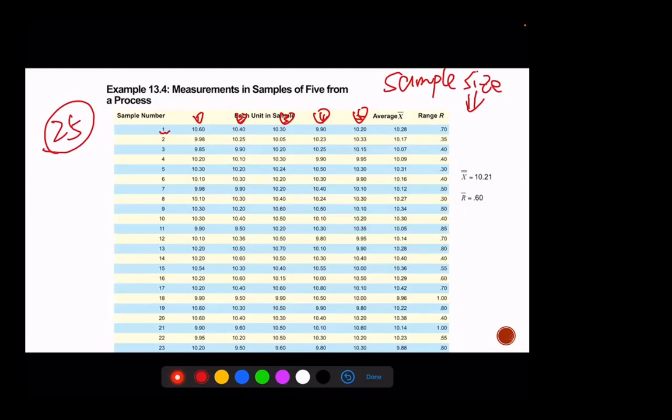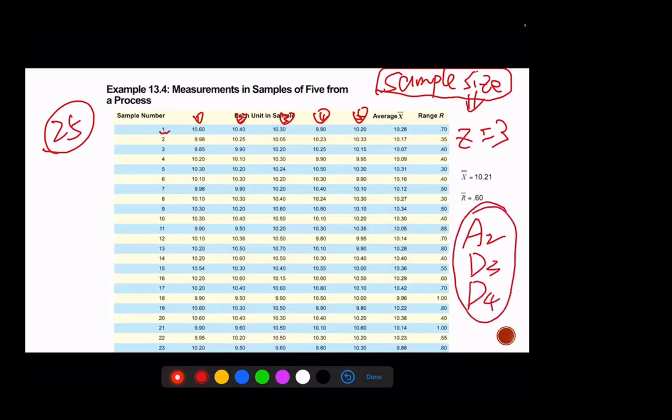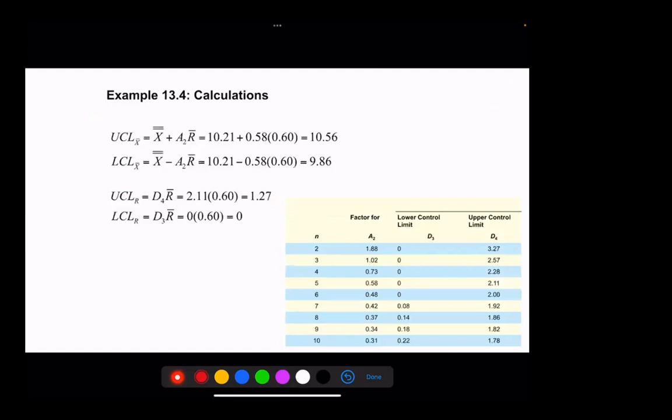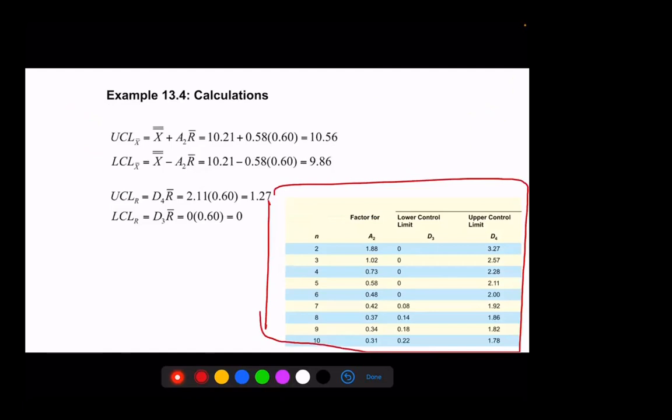And now we have those samples, and this is how we calculate the X bar and R. So why do we need to figure out the sample size? Because just like Z for the P chart, which we know equals 3, we don't need to calculate it. We just use 3. And for the X bar and R charts, we have A2, D3, and D4. Those you don't need to calculate. You just find them in this table here. So according to the n here, which is the sample size,